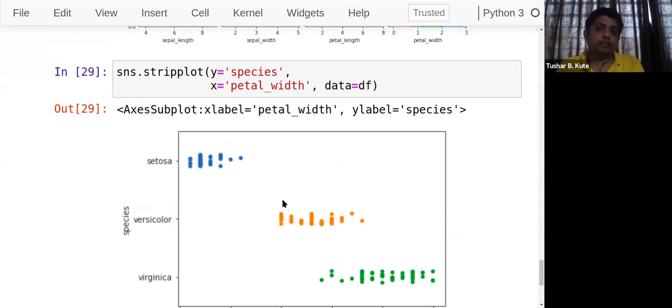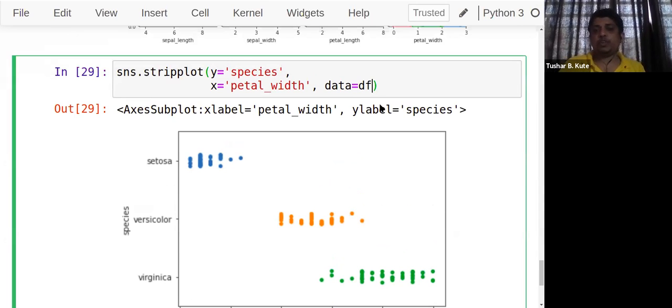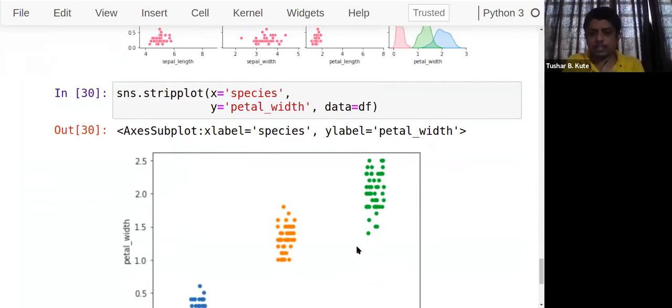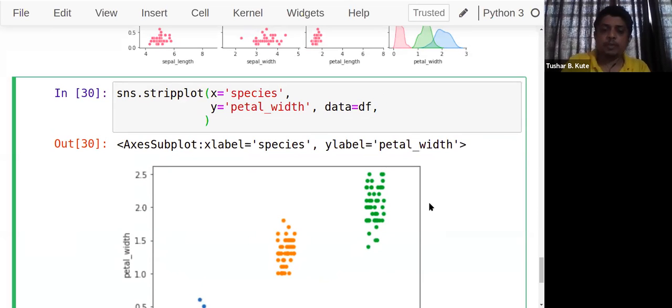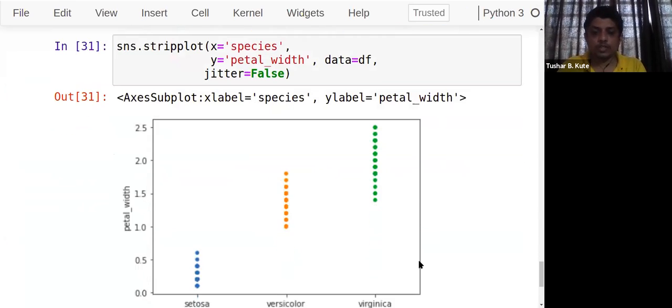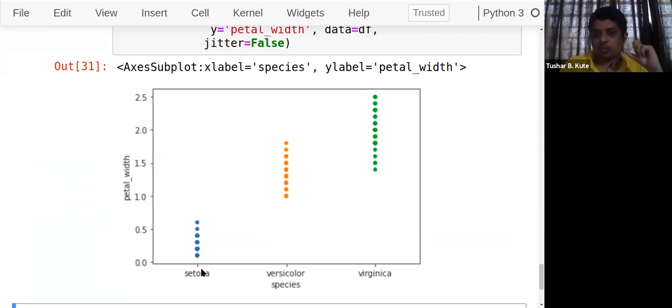Okay, there is one parameter that I can pass to this function called jitter. Jitter means the deviation that we are having here. You can see deviations are there. Whatever values are there, that will be present on the same line. So that jitter we can remove. To remove the jitter, I'm having a parameter here, jitter equal to False. Now see, you can identify the range now from here to here. Versicolor, this is the range. So whatever values are the same, they are overlapping now. They are not separated. Overlapping.